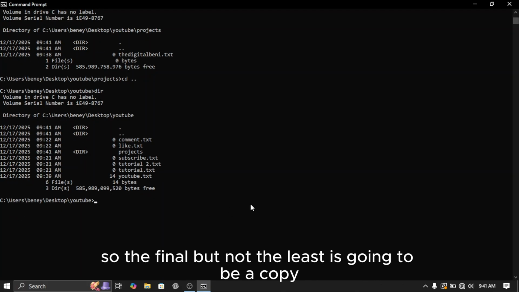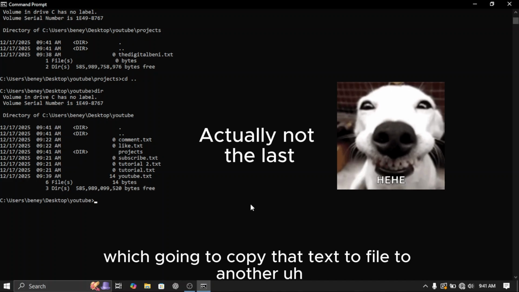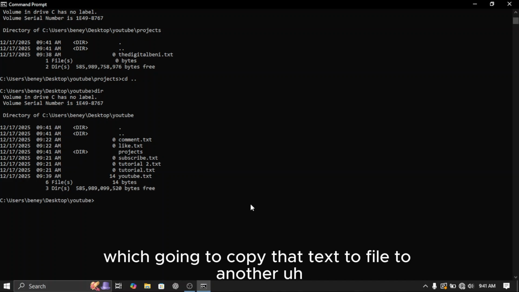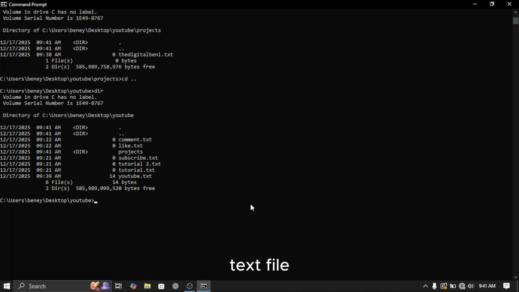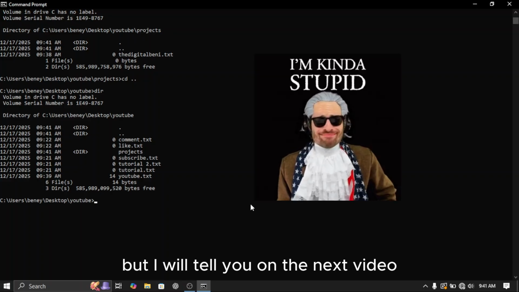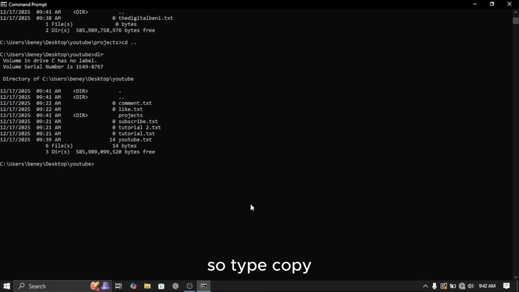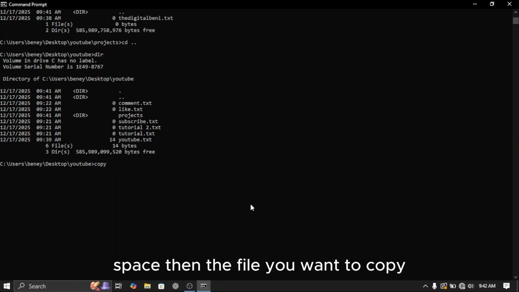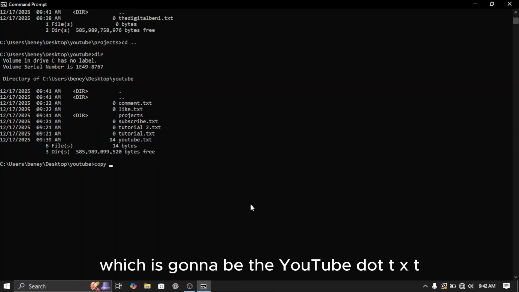So the final command on the list is going to be copy, which copies that text file to another text file, or any folder. I don't think you can use this with a folder, but I will tell you in the next video. So type copy, space, then the file you want to copy, which is going to be youtube.txt,